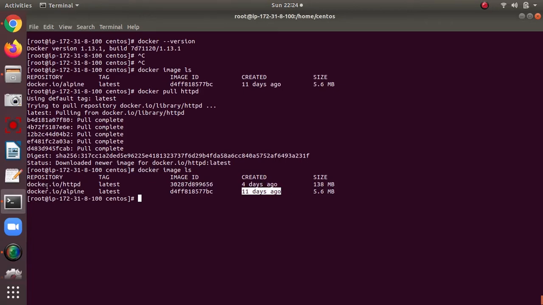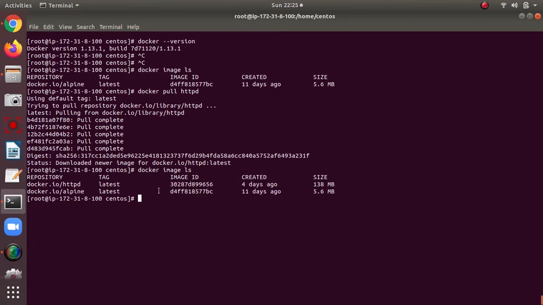on Docker Hub, all the developers who are working on Docker make the images, so they always make changes and deploy over the public registry from the Docker side. That's why it always shows a recent date. The latest is the latest updated image, and this is the image ID.